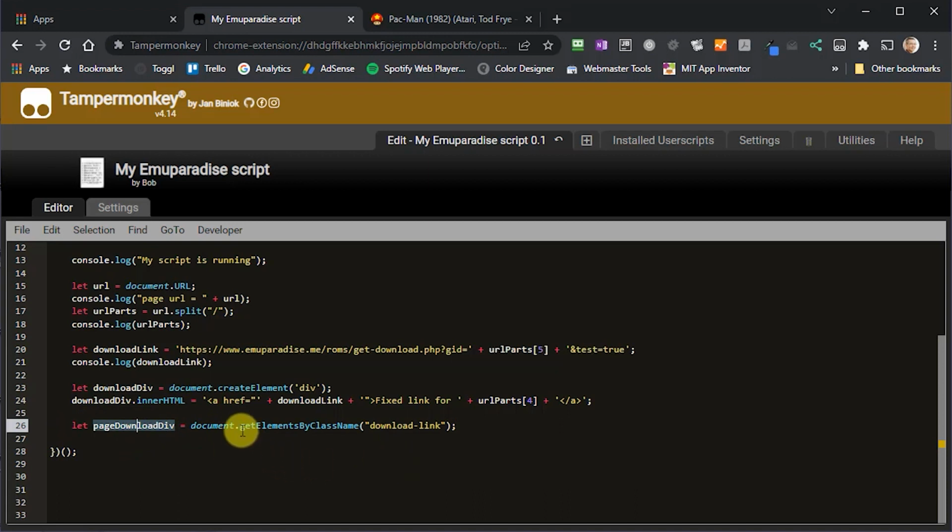So we select or get an element by class name, and then we tell it what class name we want to use. Now that will always return us an array of objects, so we need to select the first element in that array to give us the actual node, again because there's only one of these download link classes on the page. So we can simply append an array index onto the end of that line, so selecting element 0, which of course is the first element, and that means that our page download div variable is now selecting that individual div